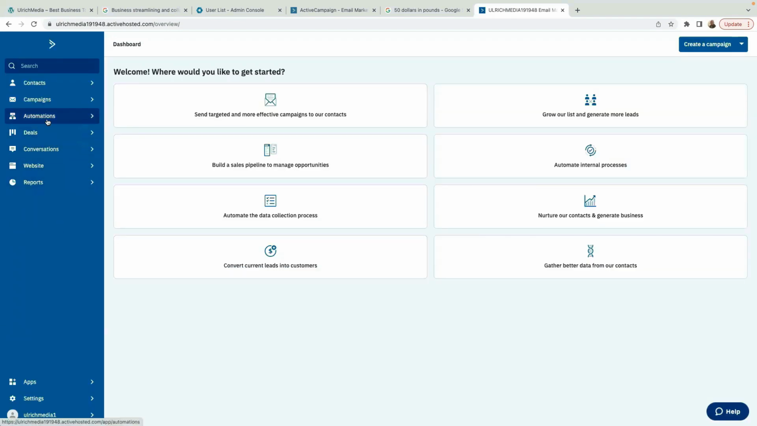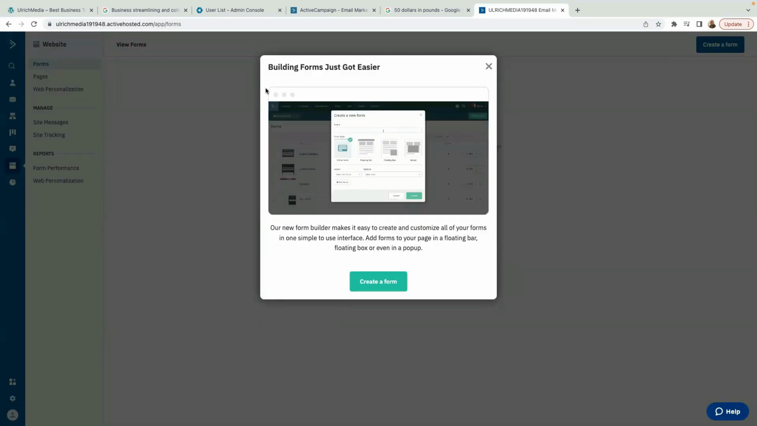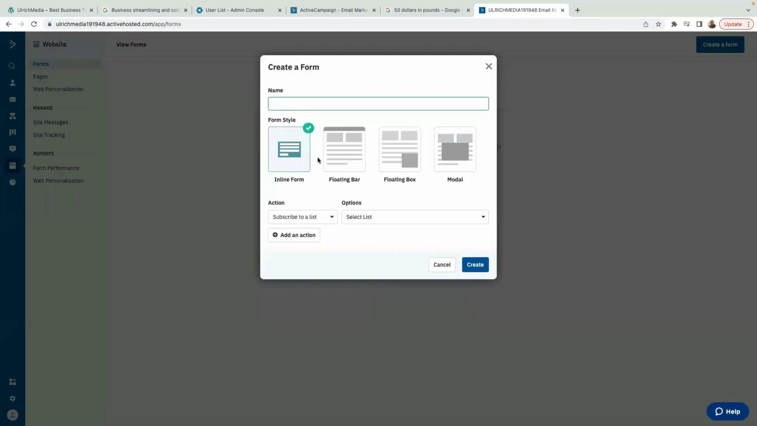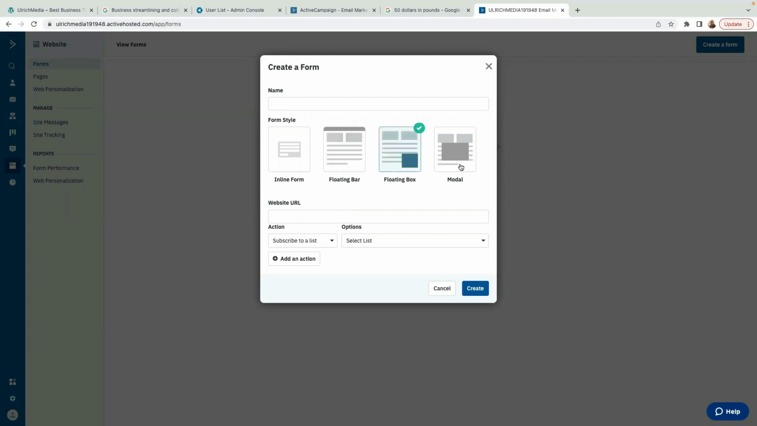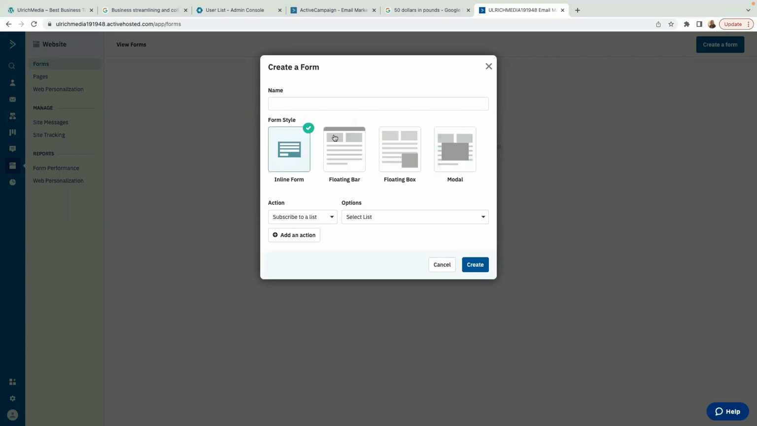You need to click here on website. So click here on website. Right, so just click here on create form. On creating a form, there are many types or styles of form. There's inline form, floating bar, floating box, and modal. Depending on your plan, right? Depending on your plan. So if you use like the basic plan, you're only going to be able to use